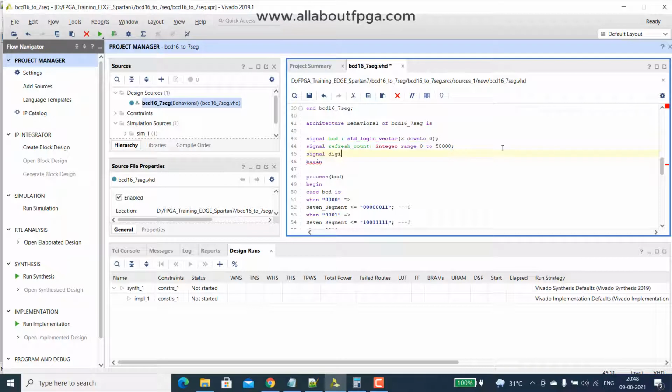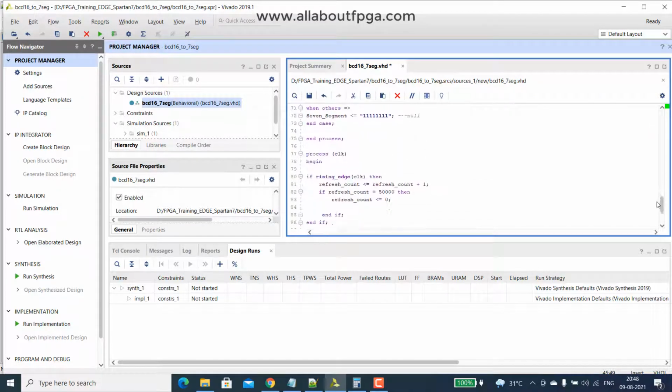This should be digit count, with std underscore logic underscore vector of 1 down to 0. This counter will be helpful in switching the digits.